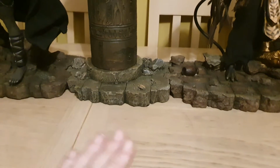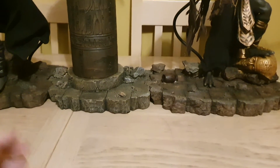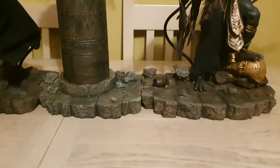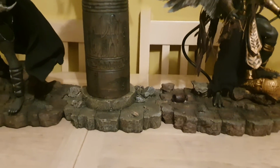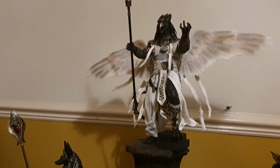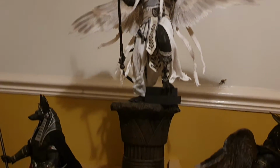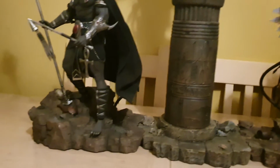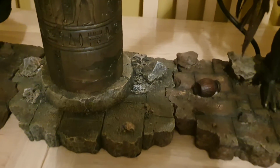But then with collectors, it's all about space, because these will take up a lot of space. So I don't see many people doing that. But like me, I'm only going to get probably another 3 of these figures, like Cyrus, Ra, the sun god, and probably Tutankhamun. But yeah, all these bases join up,